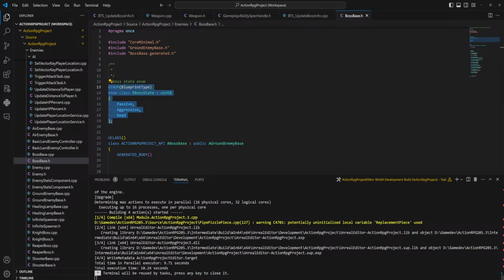You don't need to make that a U property, do you? How can I make a U enum accessible in blueprints? I think just blueprint type is all you need. Yeah. Just UEnum, blueprint type, enum class, name.